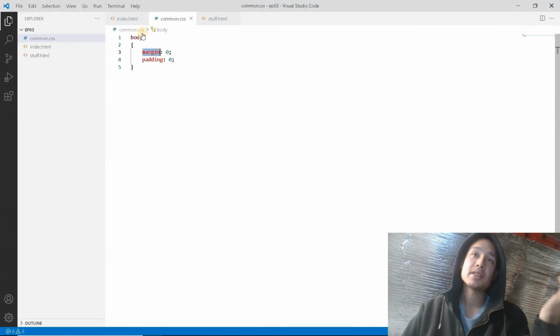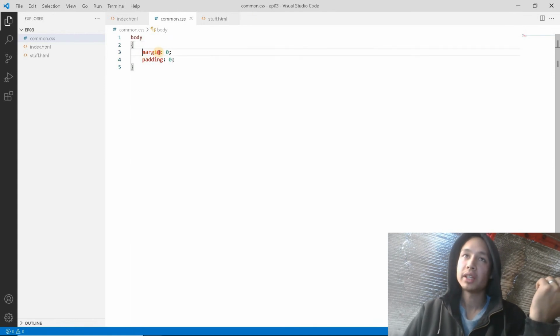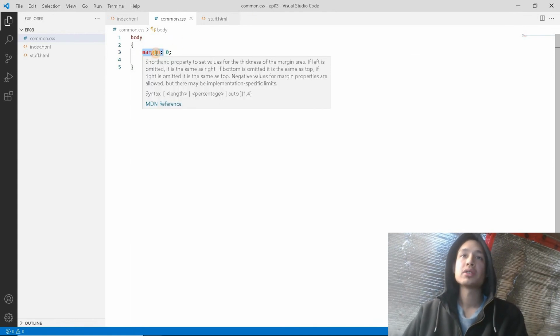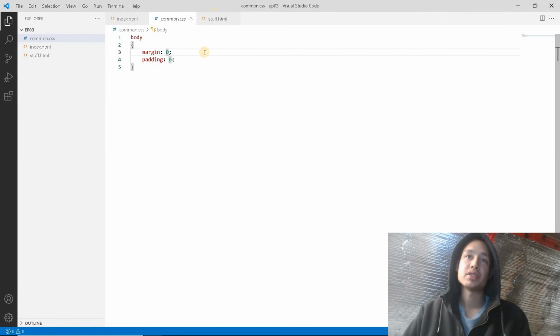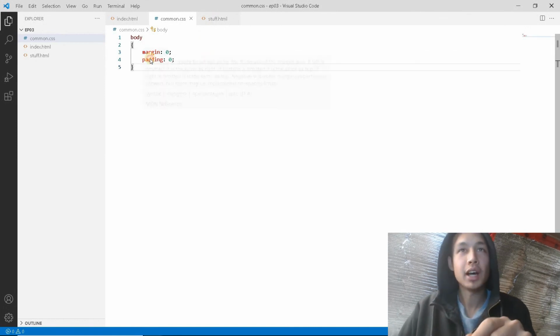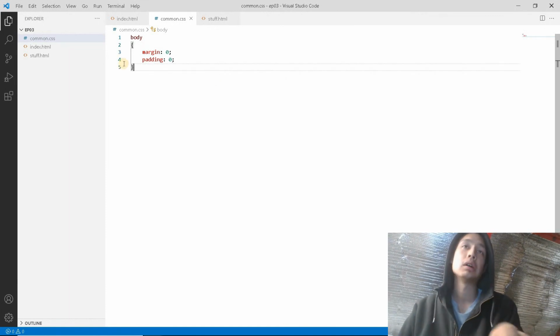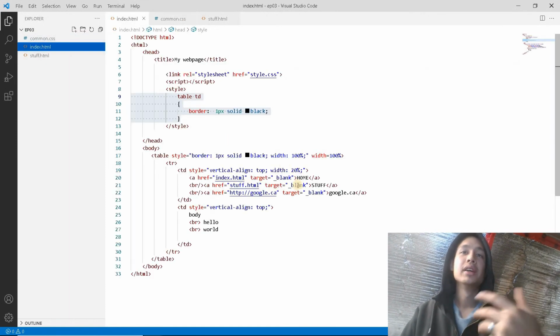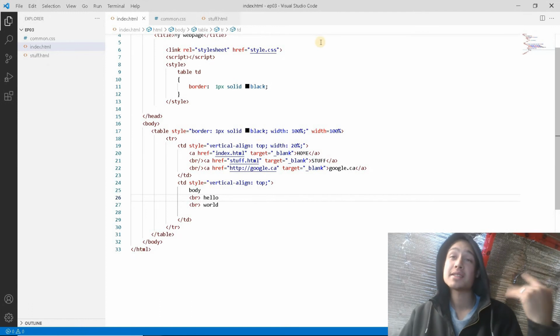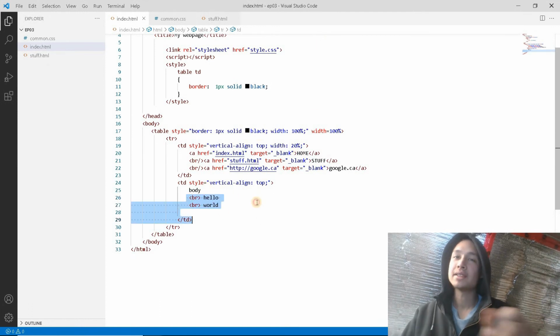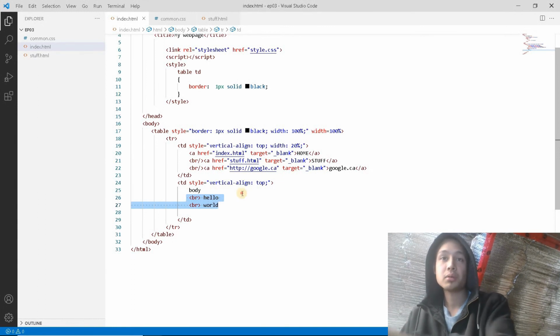In CSS, this is our attribute, what I have highlighted here, and then we have our colon. So margin equals 0. Whoopee. Padding equals 0. Now, what is margin and padding? Well, I guess we should get into that. This is sort of like CSS territory. Maybe it's HTML territory. Who knows these days? It's all the same thing. So,